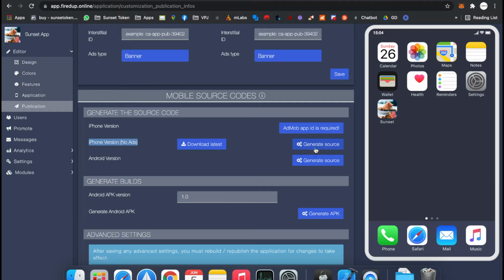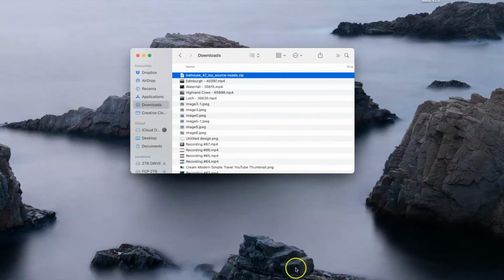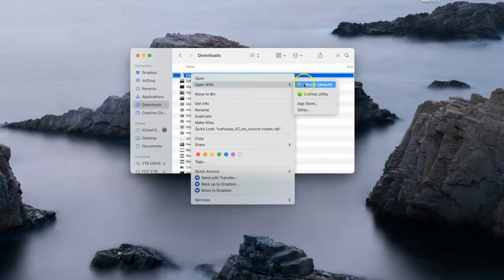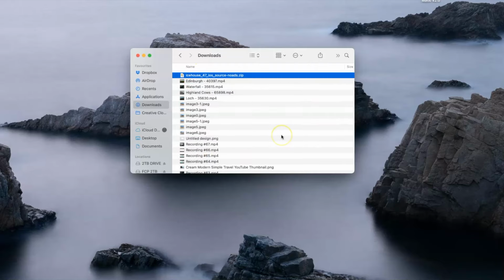Wait for about 3 minutes and then reload the page, and a download latest button will appear. Simply click it and download. So after you download the source code, it comes in a zip folder. So what you want to do now is extract that zip folder and then open the folder,